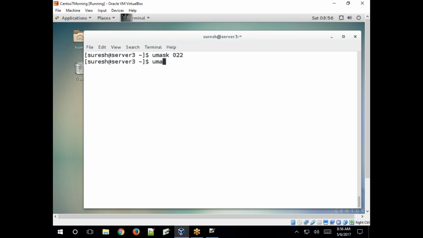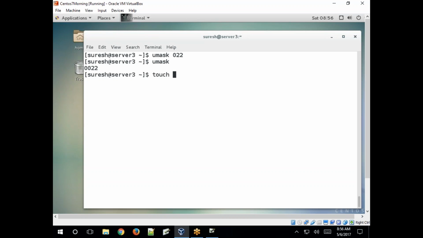Execute. Modified, right? Now the default mask value is changed from 002 to 022. Okay.